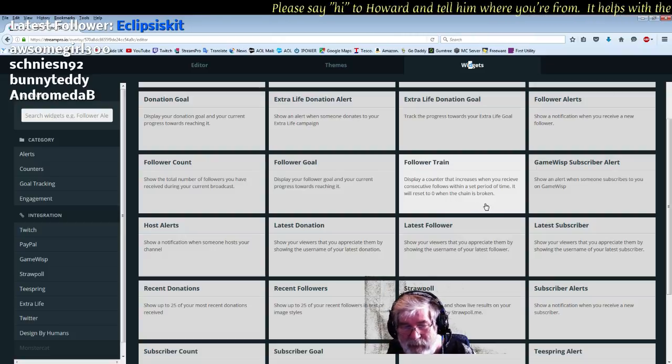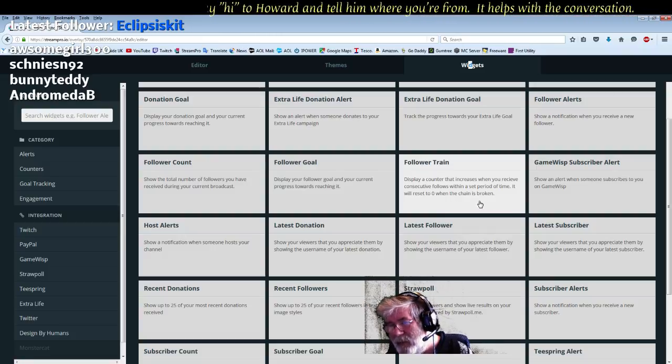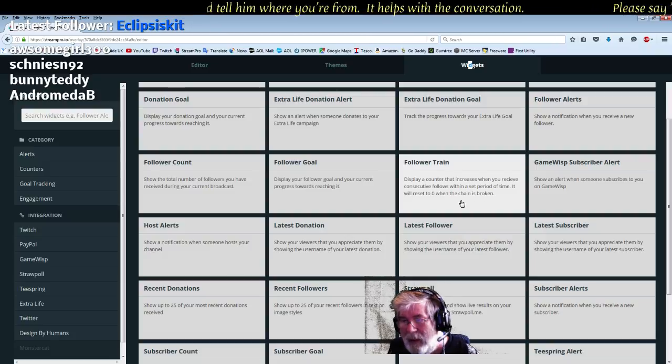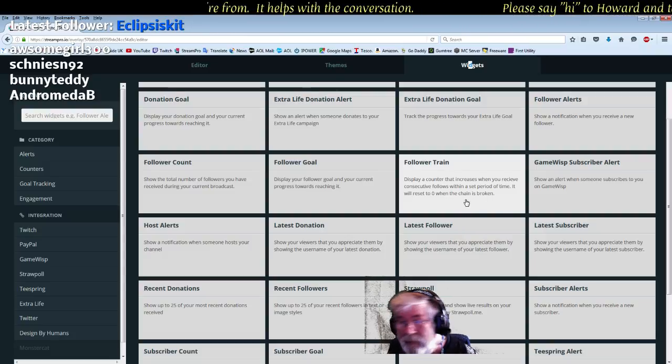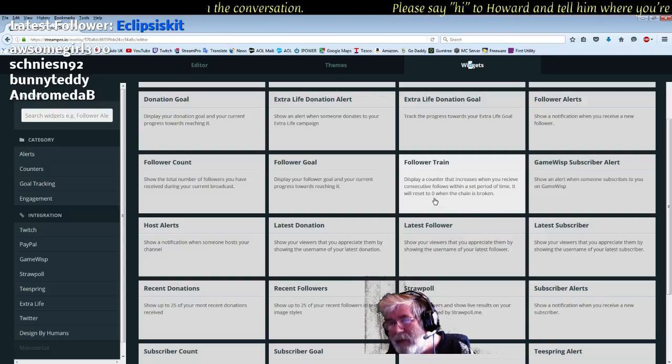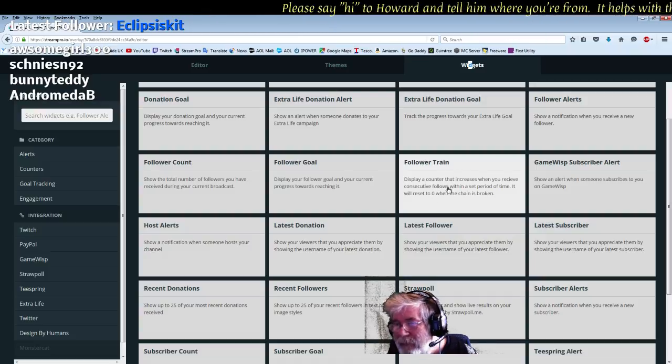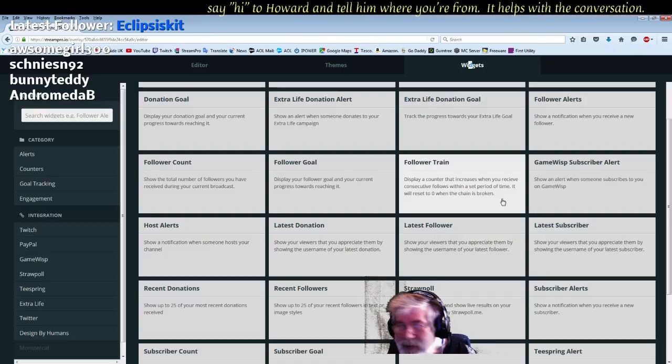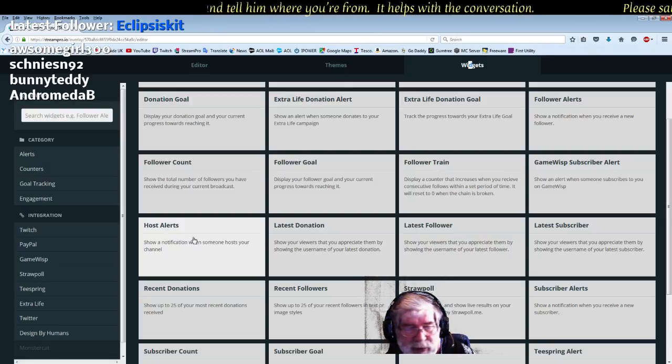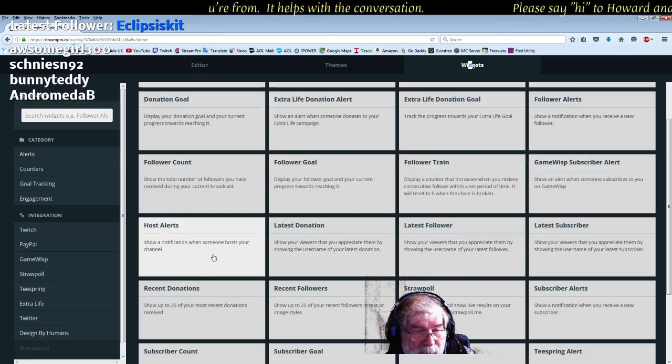disruptive though to your basic screen that you may be working on if you're in The Sims or if you're in Minecraft or even World of Warcraft, whatever game you're in, it can be a bit off-putting if you're trying to hide other stuff. If people host you, which is getting to be quite common,